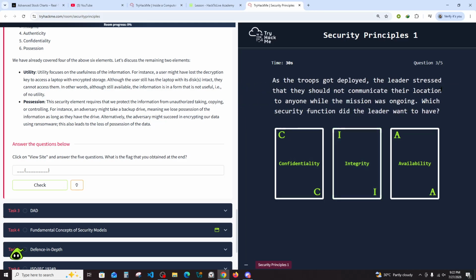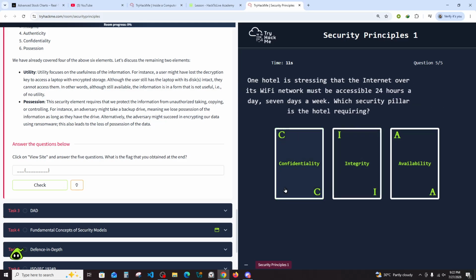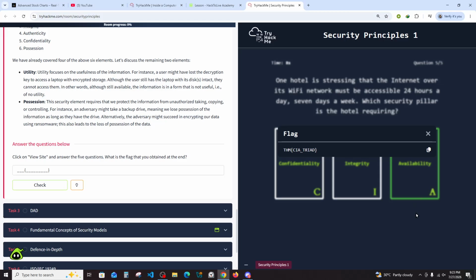Troops deployed. Leader of the state should not action take two companies negotiating agreement secret. Hotel ओरे ओरे भाई